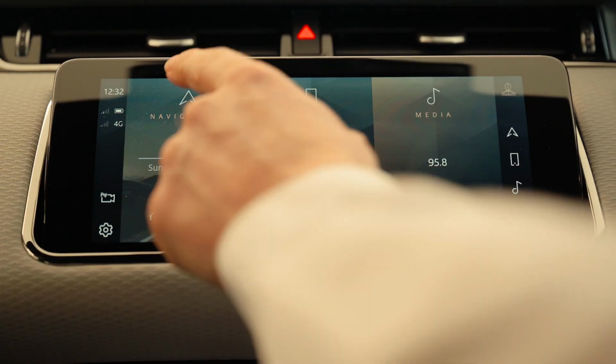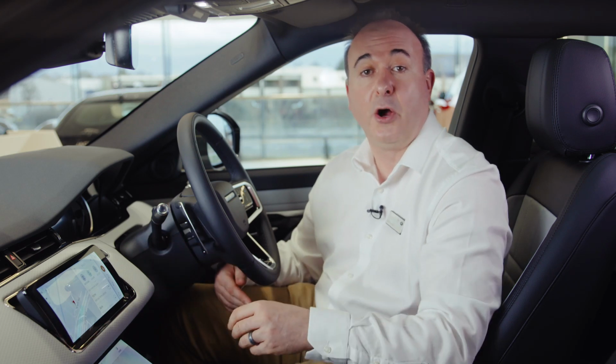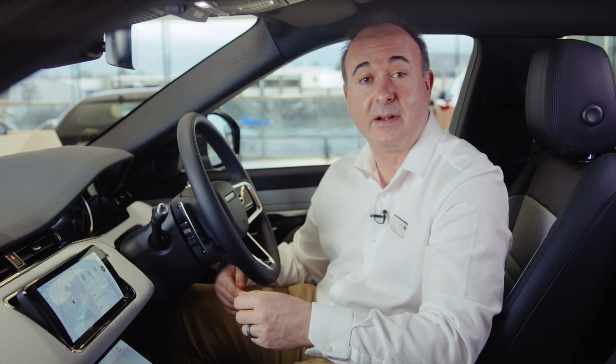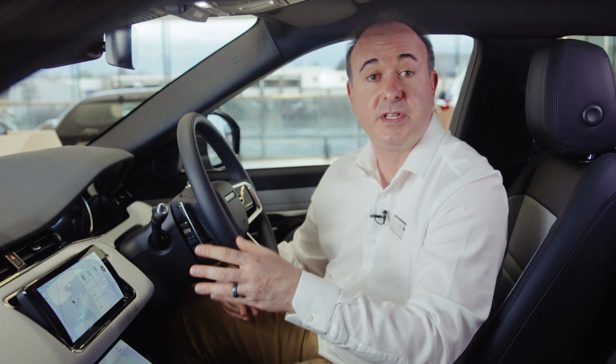Pressing search takes you to the full screen navigation view where you can click on a search category. Selecting one of these will display nearby options and give access to ratings and reviews if available. Parking options will even show the hourly rate for the car park. Whichever way a destination is chosen, just clicking on Go will calculate the route according to your preferences in navigation